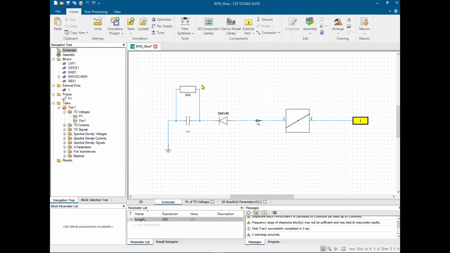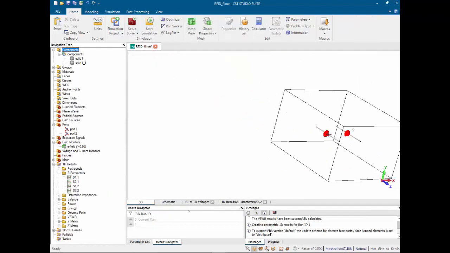So what the circuit here means is we have a diode, a capacitor, and a load, a resistor, and it's connected to the other terminal of port number 1. What I'm doing here is trying to simulate a signal exciting port number 2, the generator here in port number 2.